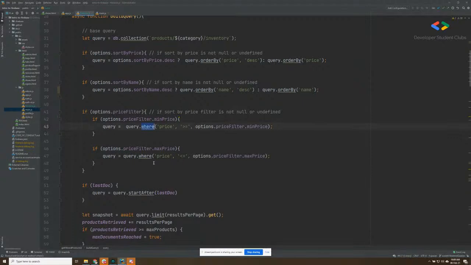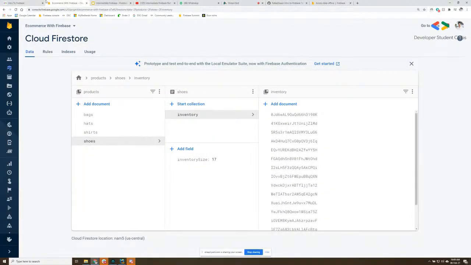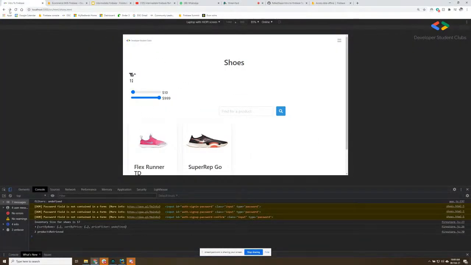And so here we're using the .where command. This is another query command that comes from Firebase. In this case, we're looking at a specific field, again the price. We're using the greater than or equal to operator, and then we're getting the minimum price from here. And just to show you what that looks like on the site itself,